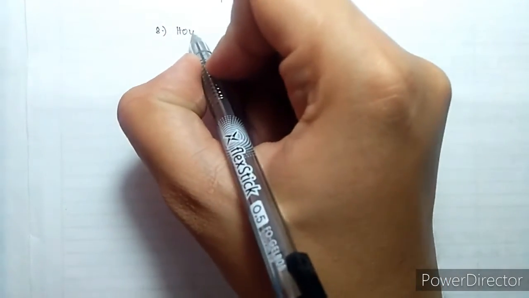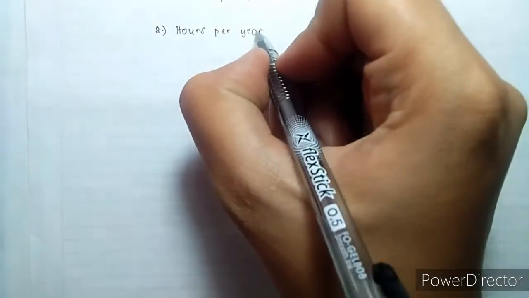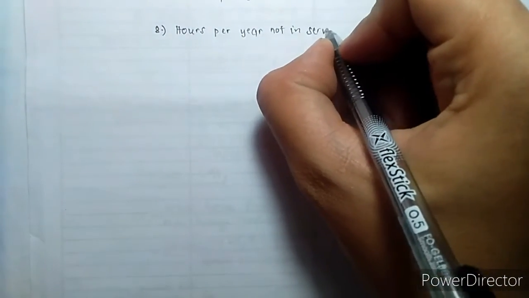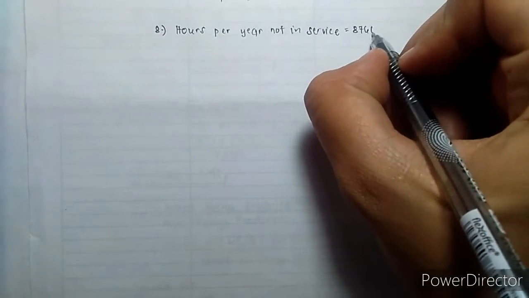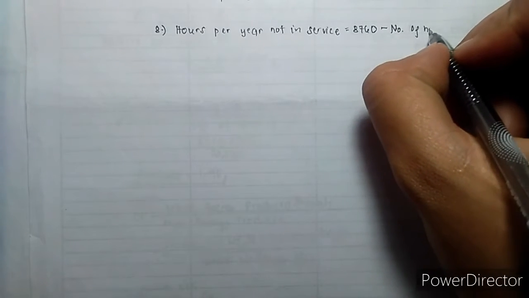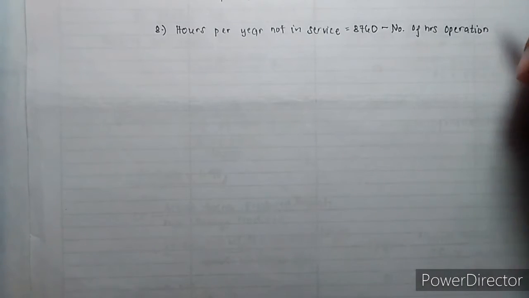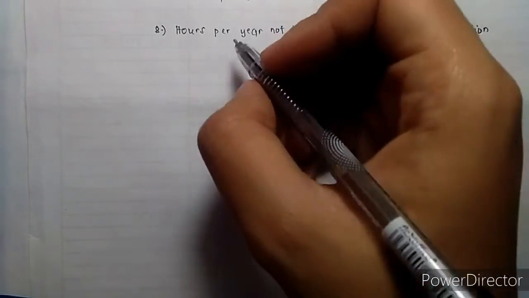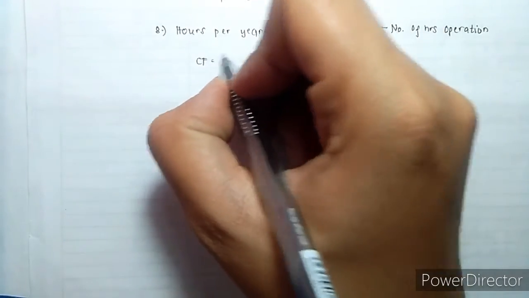The hours per year not in service is equal to 8,760 hours less the number of hours of operation. Solving for the number of hours of operation per year, we have the formula of capacity factor is equal to the